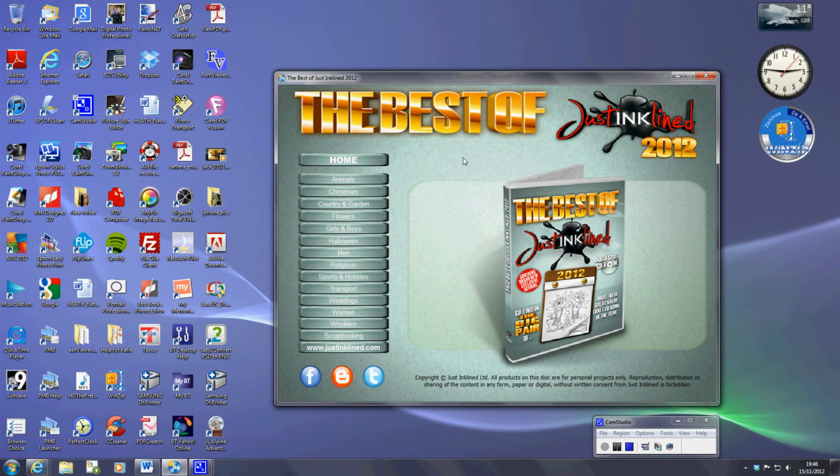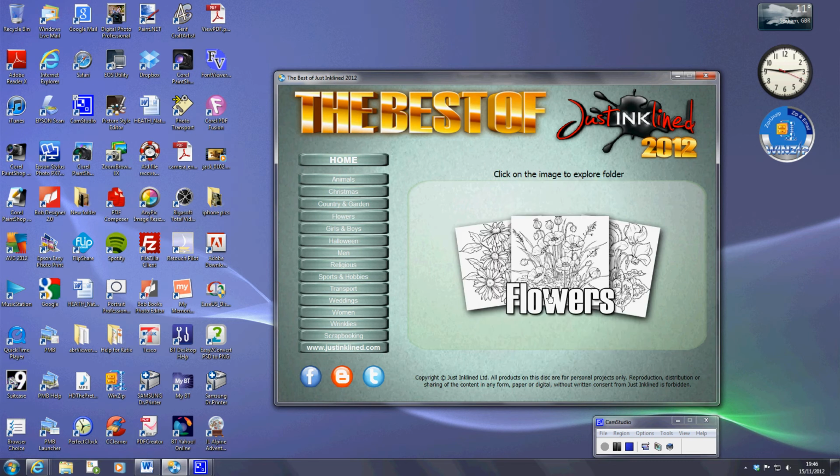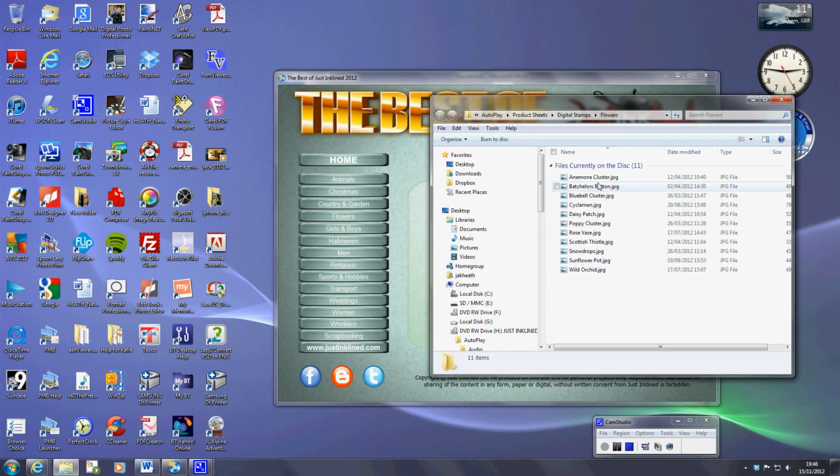It'll auto run on here, and you've got all of your different categories down this side. I'm going to go to flowers. And once you've clicked on that, it'll open up the flowers folder, and click in the centre of flowers, and it'll bring up the categories down here. You can see I'm just highlighting them and going down, and I'm going to use the poppy cluster as an